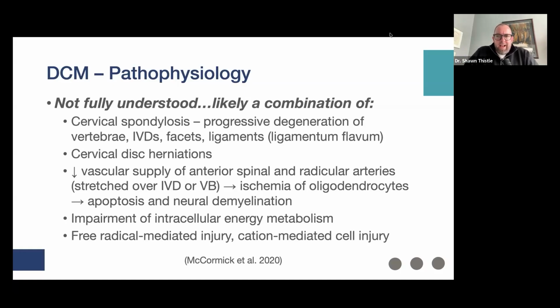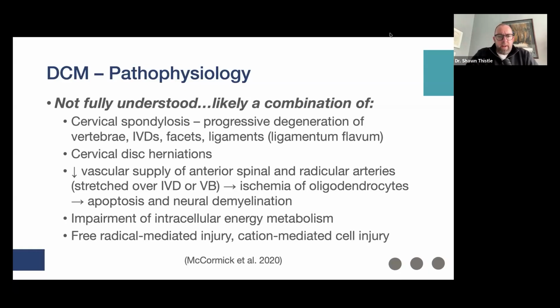You see also reduced vascular supply of the anterior spinal and radicular arteries, and these can be stretched over the intervertebral disc or vertebral body itself. And this leads to ischemia of the nerve cells there, like the oligodendrocytes, or apoptosis and neural delamination. Nerve cells, like all cells, require blood supply, and in a sensitive area like the spine, any interruption of that secondary to degenerative changes that causes friction or overt occlusion of vascular structures can, of course, lead to symptomatology and